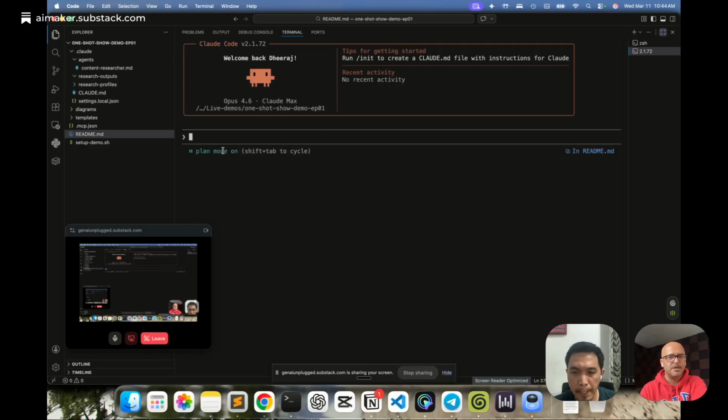Plan mode is where it is going to show you the plan first and then ask you to approve it so that it can act on it. So for any critical, complex task, you should always start with plan mode. By default it goes in plan mode. Then you press Shift+Tab twice, and now it is saying accept edits on.